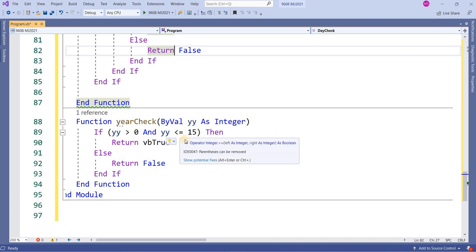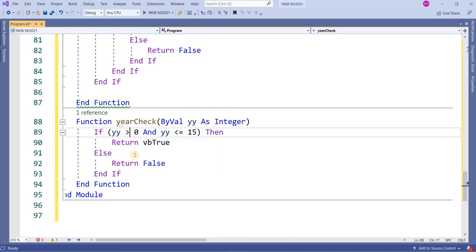This is the year. In the year, I have applied the condition that it should be greater than 0. Greater than 0 means the value you are writing is 2000, 2001, 2002. This is 2021. It means the student must be at least 6 years old to come to school, and then you can enter the date of birth.